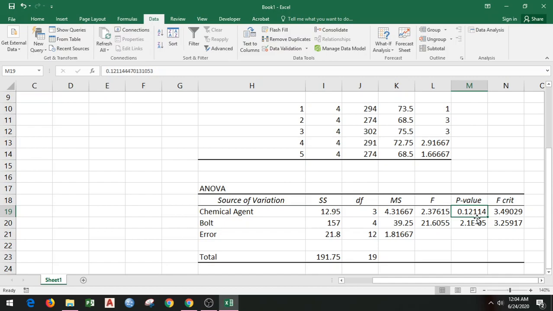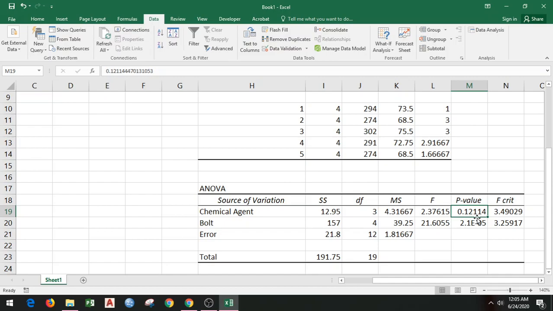So when we say alpha value of 5%, it means 5% chance of error is acceptable. But in this case 0.12114 means there is a 12% chance of error in our analysis. So that's not acceptable. That means it cannot be just because of chance.